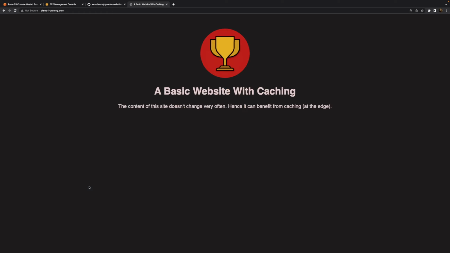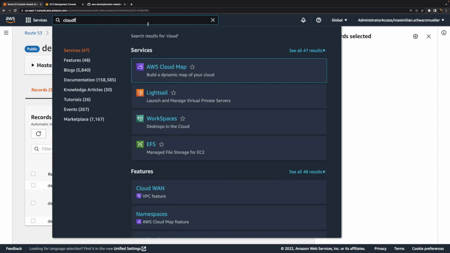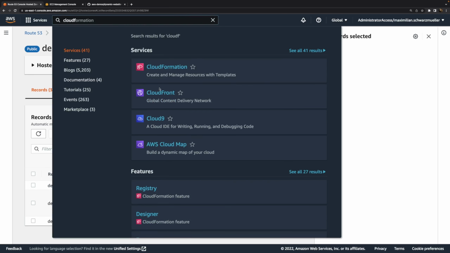If I now enter this domain, I again see the website, but now with help of that load balancer. So that's how we can use Route 53 with EC2 instances or our load balancer. But as mentioned earlier in the video, this video is not just about connecting custom domains, it's also about optimizing content delivery with help of caching at the edge with help of the CloudFront service. And therefore that's the service we'll visit next.